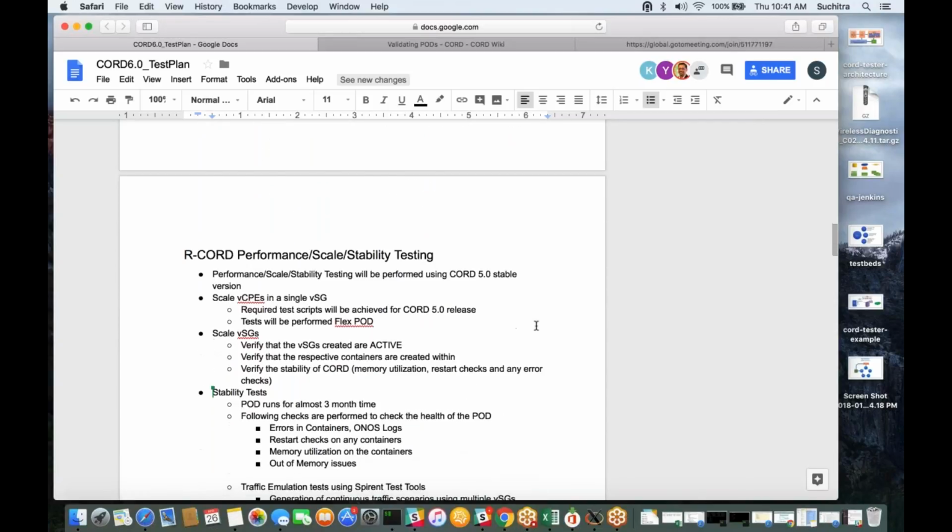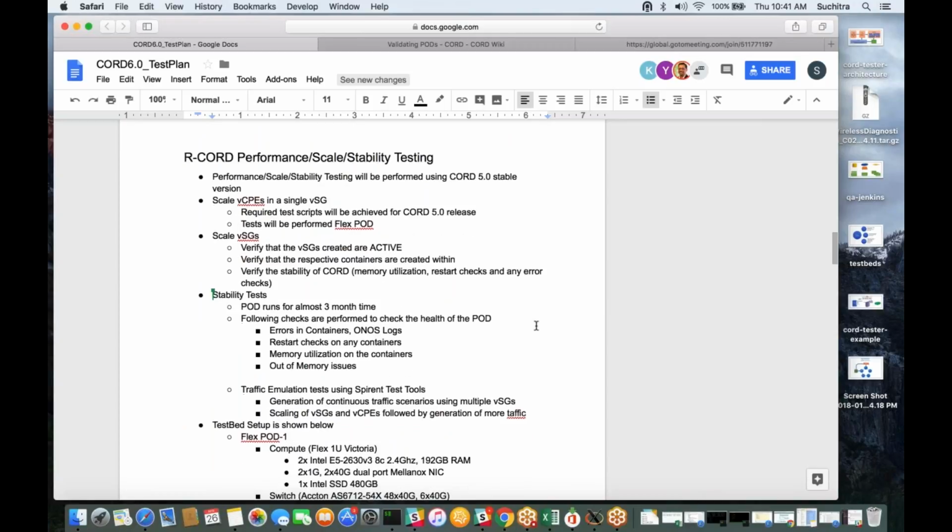All right, so moving on, just to let everybody be in sync again, we have this RCOD performance scale stability testing that we had been doing on COD 5.0, as I also talked about in one of the meetings previously. This is with the help of the community, Flex, Spirant, and ONF together. We have been working on one of the pods, which had been soaked for almost 3 months, and then